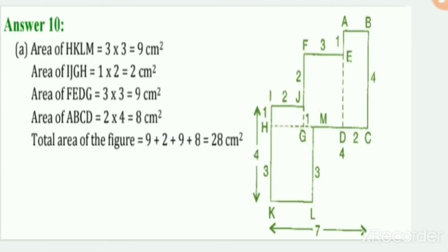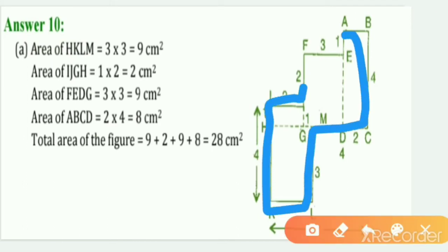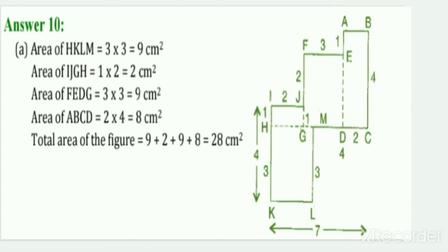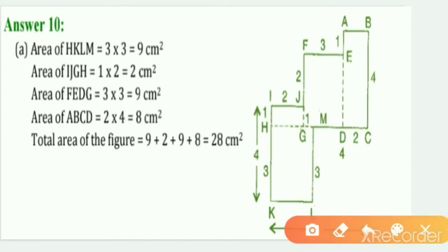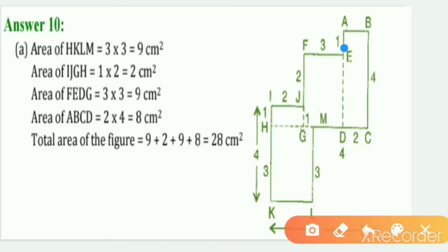So we have the first figure here. It is given in such a way like this. But what you all have to do? You all have to find the area for all these figures. So it is very clear here that you have to make rectangles. So it was very easy. They have taken dashed lines here. So it is one rectangle, right?